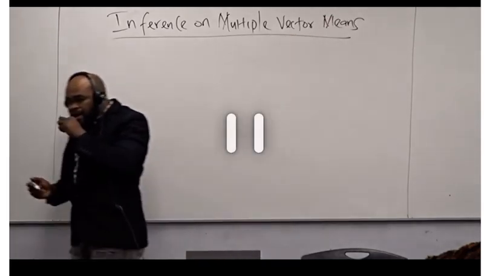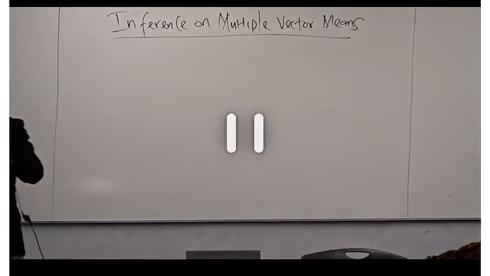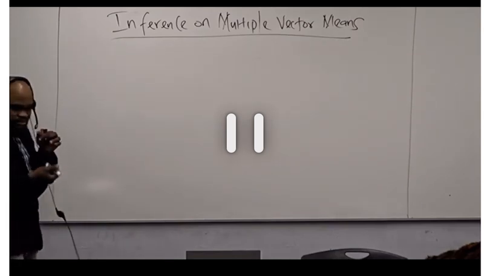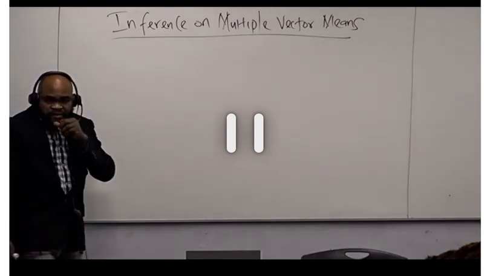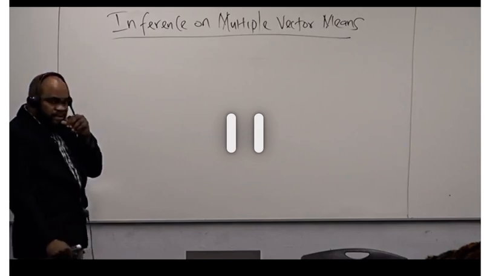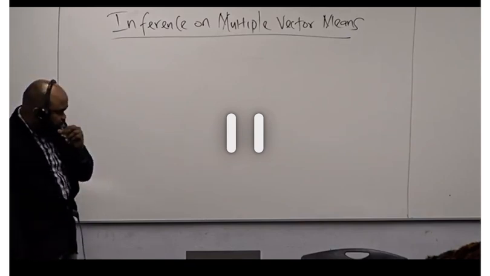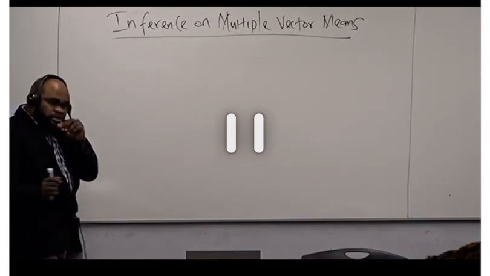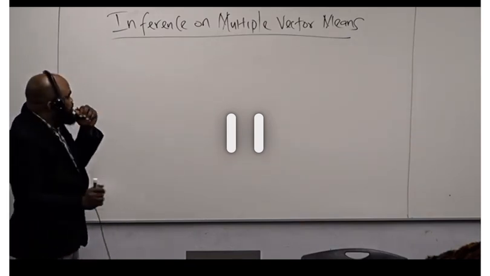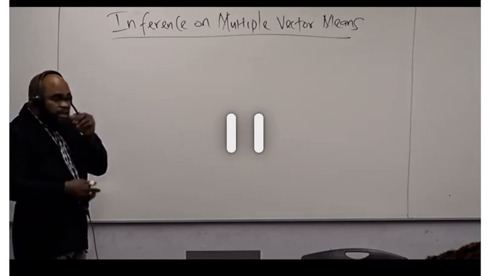I want to conduct a statistical inference on multiple vector means. When I say statistical inference, I actually mean I want to test hypotheses. I also want to construct a confidence interval. And you know, if I have more than 2 groups,